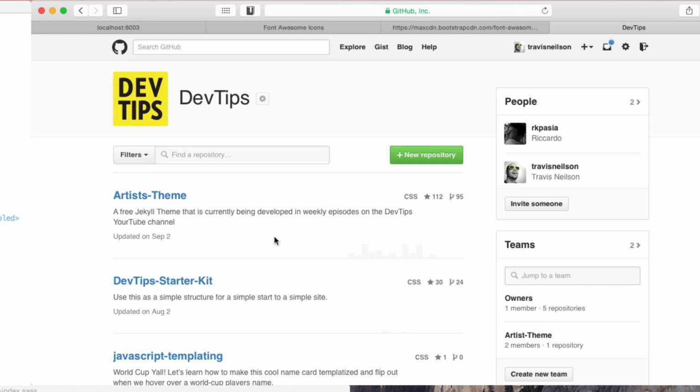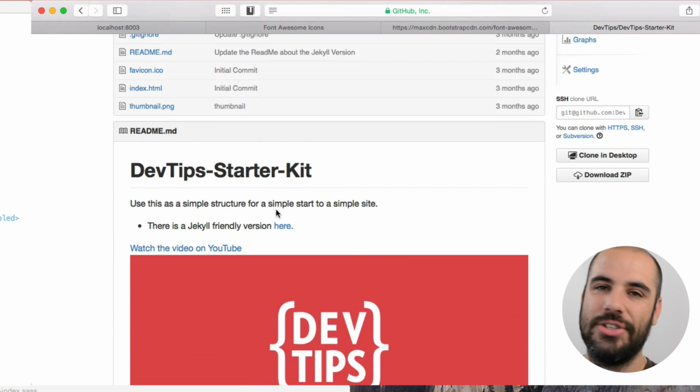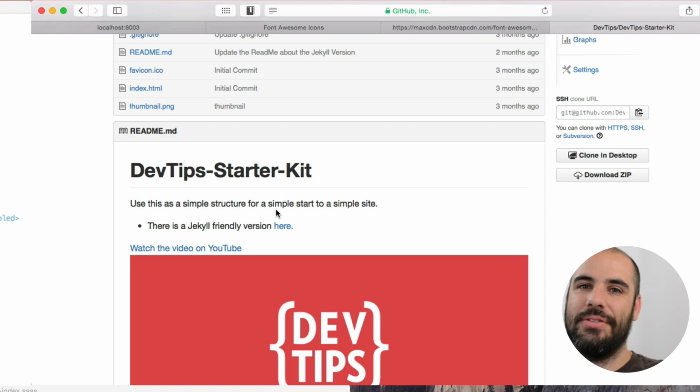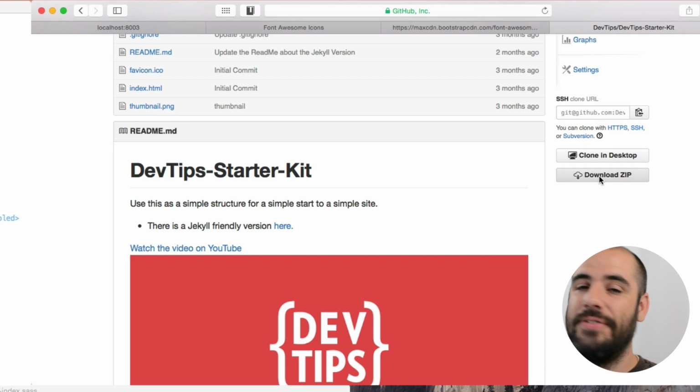So the first thing I want to do is head over to github.com/devtips. And I'm going to click into the DevTips Starter Kit. Now the DevTips Starter Kit is exactly what it sounds like. It's a place to start your HTML and CSS and JavaScript projects. So download the zip button right here,